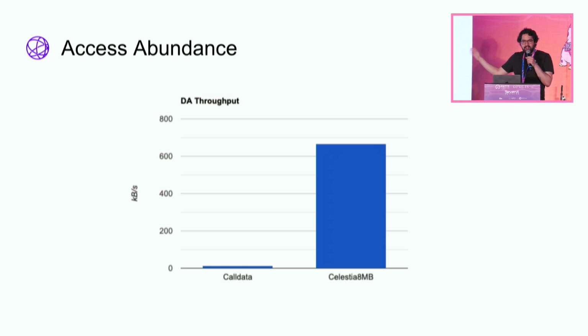Celestia, which currently on mainnet supports 8 megabyte blocks every 12 seconds, has a throughput that's closer to 700 kilobytes per second. And the difference in orders of magnitude, as you can see here. And there's also the difference in order of magnitude between dial-up internet and broadband internet. So this is really crypto's broadband moment, where you finally have access to an abundance of trusted data availability, and you can build applications that straight up would not have been possible to build without this